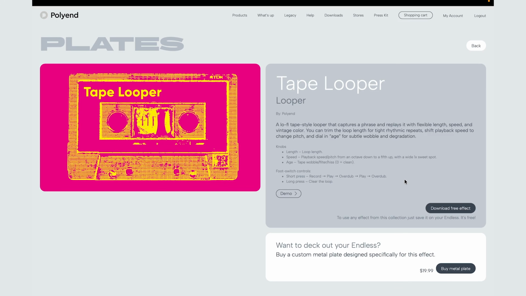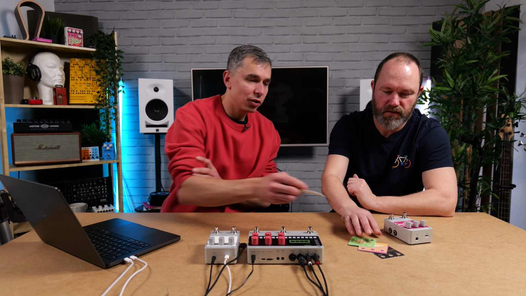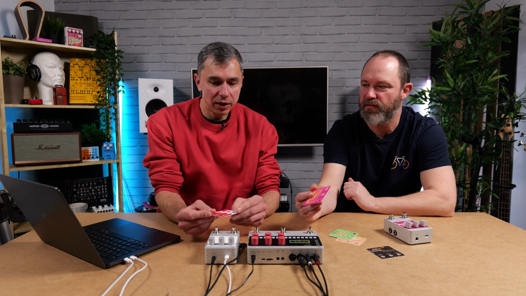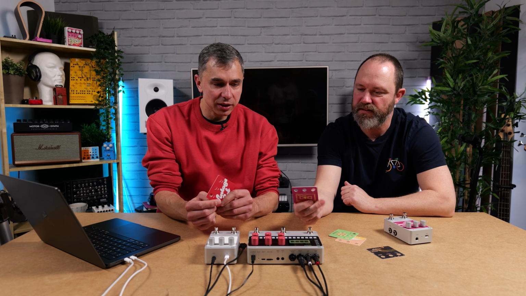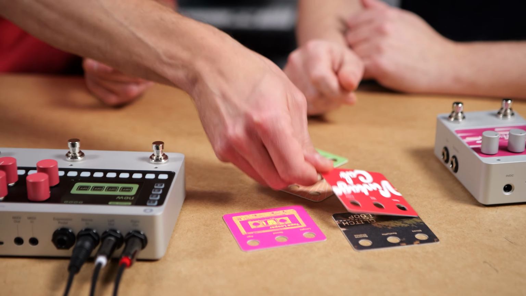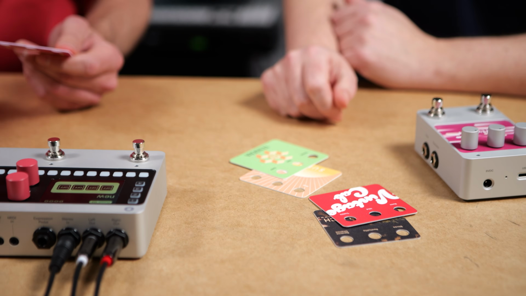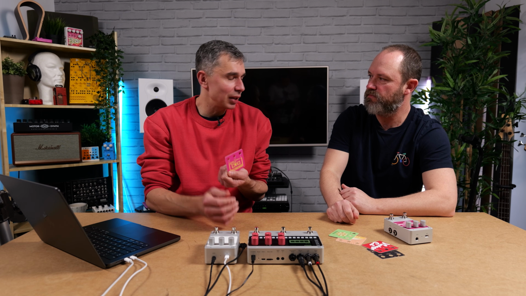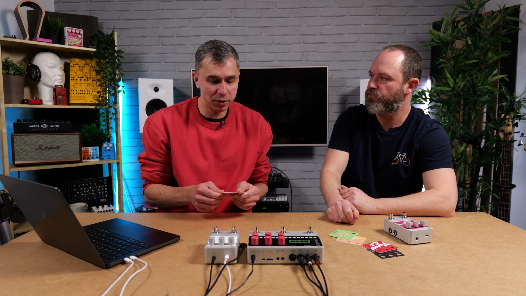Our graphic designer prepared those graphics. That's the loop one. If you want to get this plate because you like this particular effect, you could buy it from ourselves.